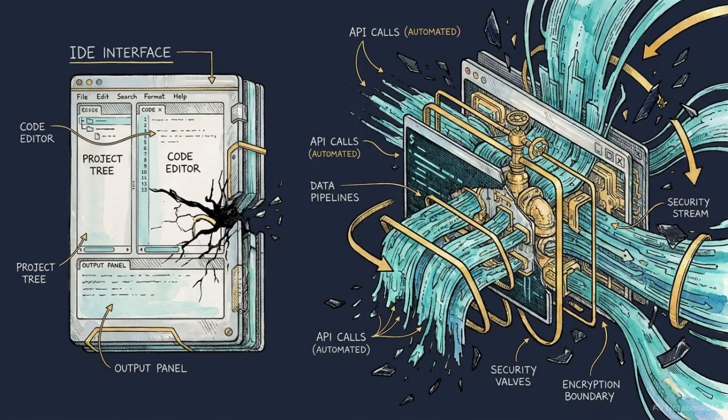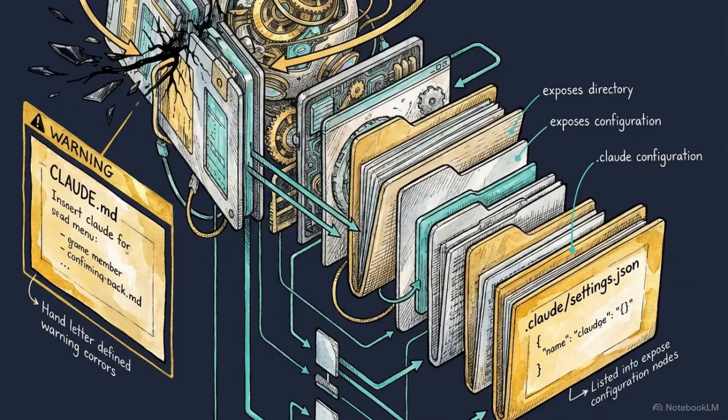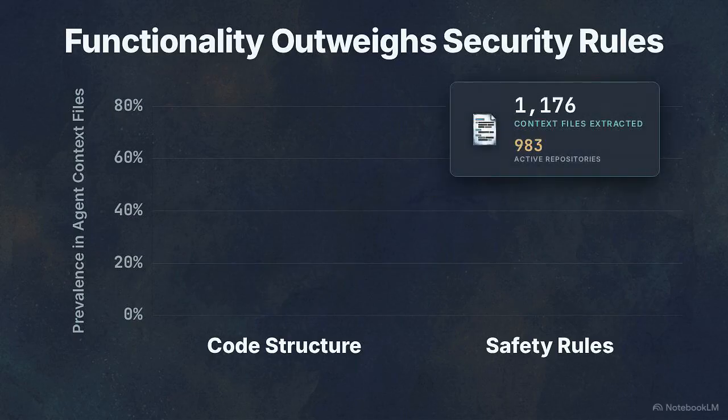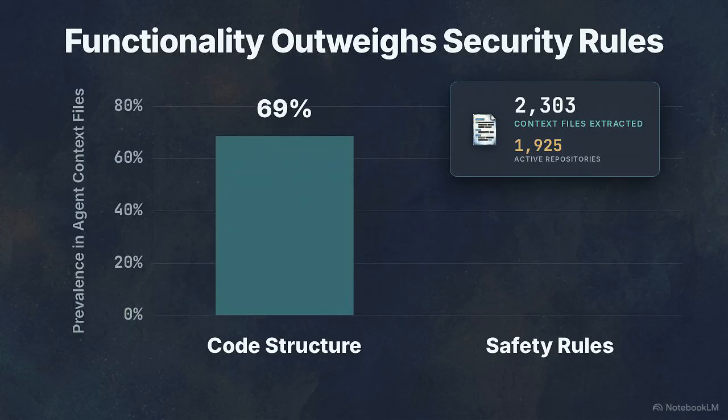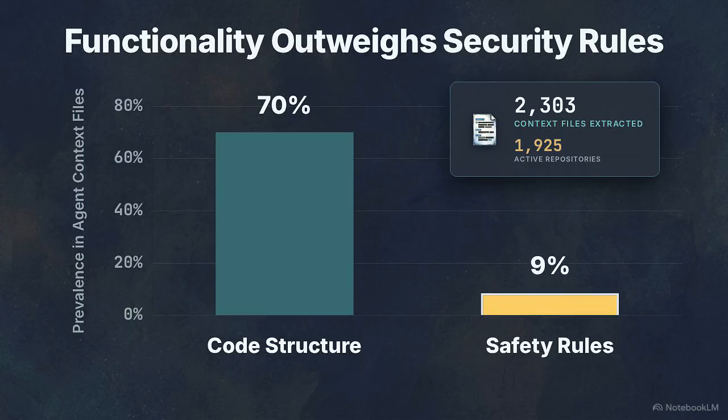AI coding assistants have evolved from stateless autocomplete engines into autonomous orchestrators, and their configuration files are now highly capable, dangerously unprotected attack surfaces. This chart shows the structural breakdown of over 2,300 agent context files extracted from active repositories in a 2026 empirical study. Notice the discrepancy. Nearly 70% of these files meticulously detail software architecture and implementation rules, while only 14.5% specify security